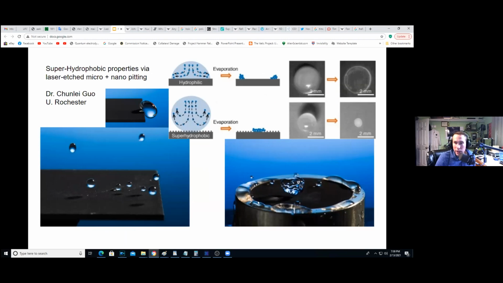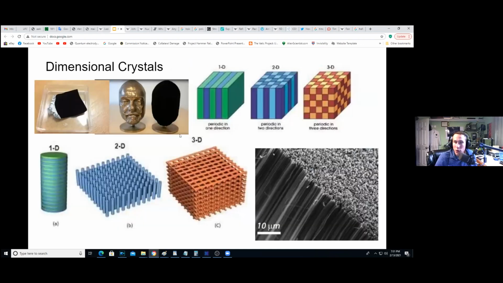So phobia means hate, philia means love. So hydrophilic materials are materials that love water. And you see how it goes right to the edge and sticks right to this material. It goes right off this super hydrophobic material in the middle. Most hydrophobic coatings that exist on the market presently work on chemical deposition of a layer of material that has this effect. When the polymers dry out, it creates a surface very similar to this. This is the only application I know of where they can just laser treat a metal to give it this coating, which is really awesome to think about.